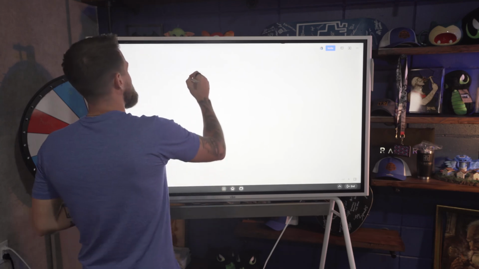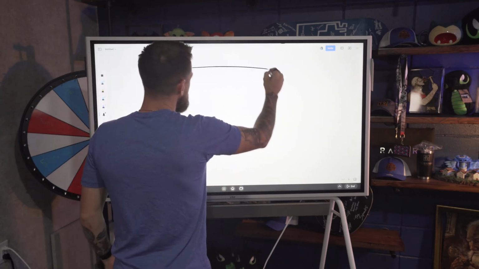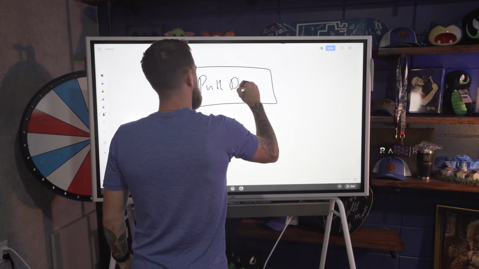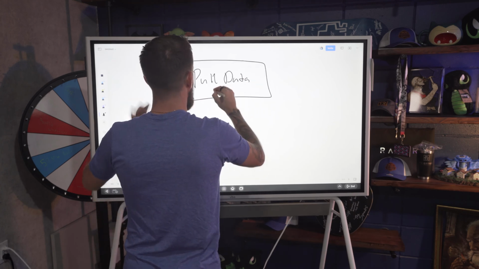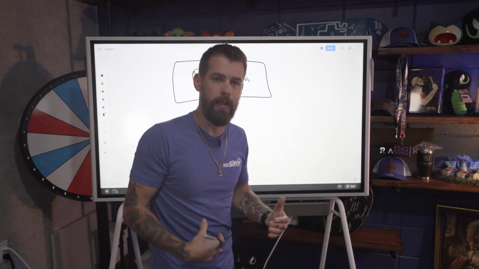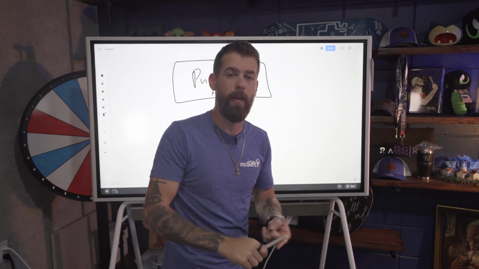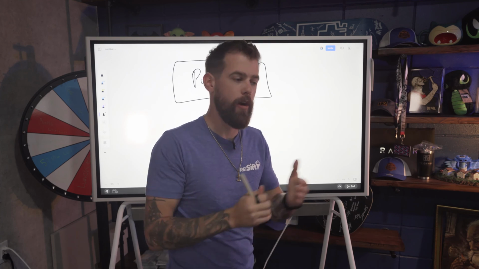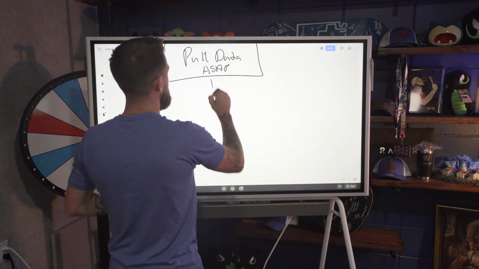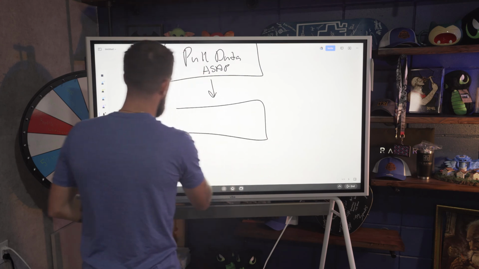So let's summarize this a little bit, okay? Step 1, pull data ASAP. As soon as it can happen, pull it. Whether that be daily for probates, weekly for foreclosures, whatever, pull that stuff as soon as you can, okay? Upload it to a platform that you can manage the data.